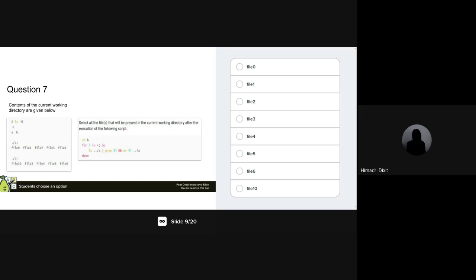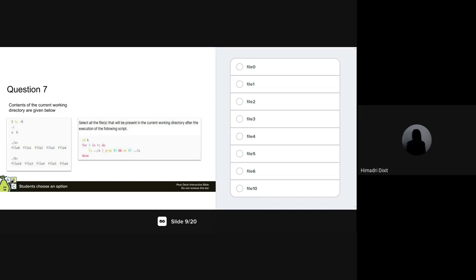Okay, so if you find, sorry, go on. The current working directory will be B, right? Yes. Okay, continue. So we are grepping $i. We are checking if a file that is present in B is present in A, then we won't move it. But if it's not present in A, then we will move it to A.